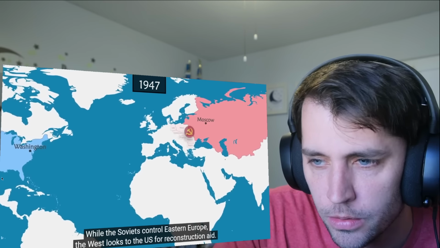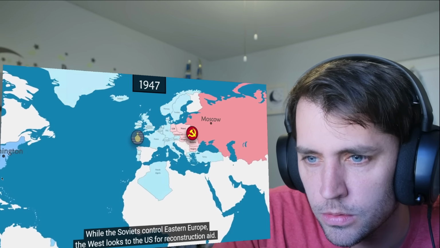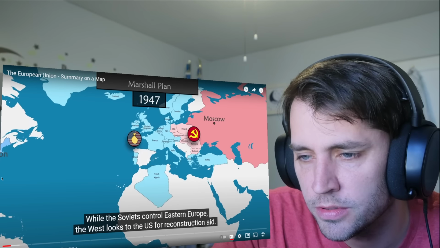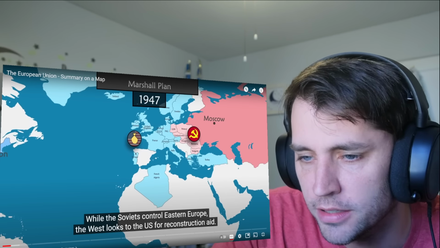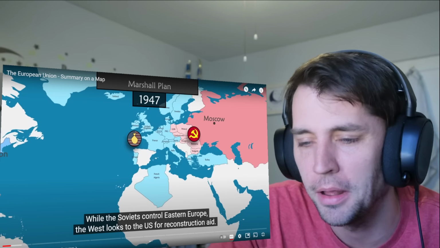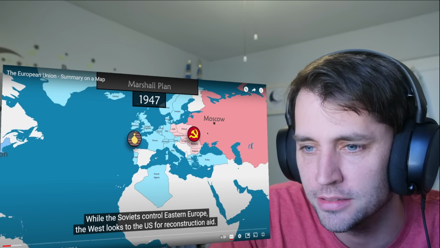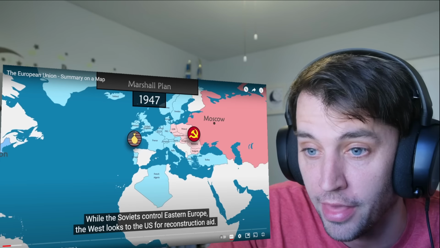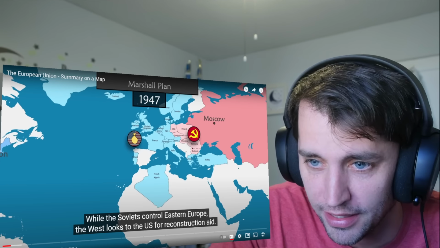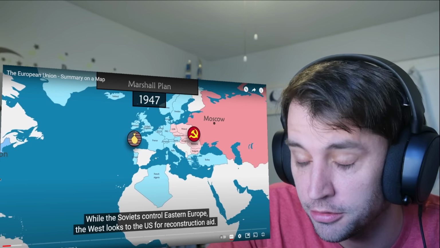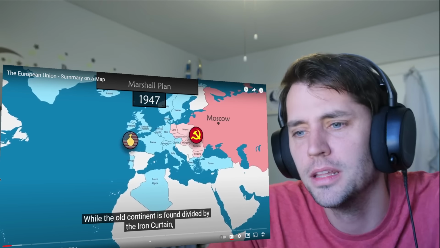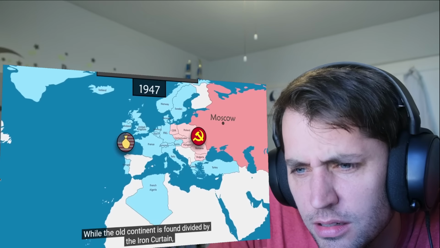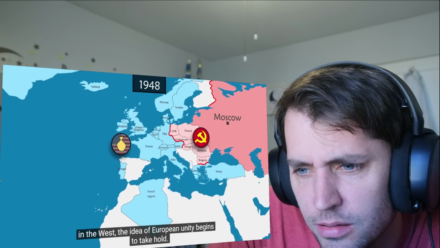While the Soviets control Eastern Europe, the West looks to the US for reconstruction aid. See, this is crazy to me. I'm embarrassed to even say, but it's just crazy. Okay, the USSR controlled that many countries, this much land that's now Europe. That's crazy. While the old continent is found divided by the Iron Curtain, in the West, the idea